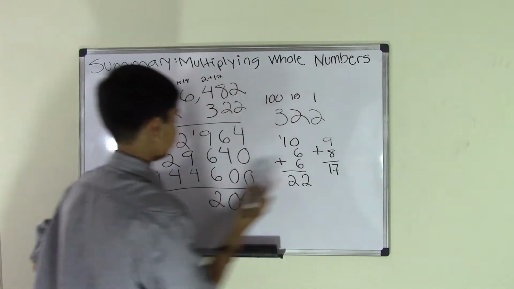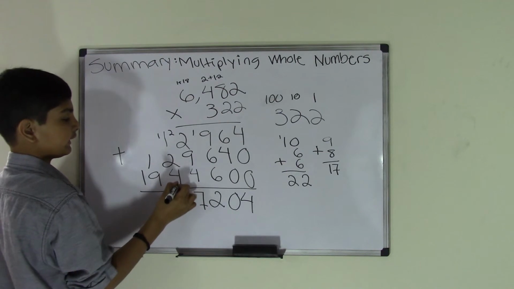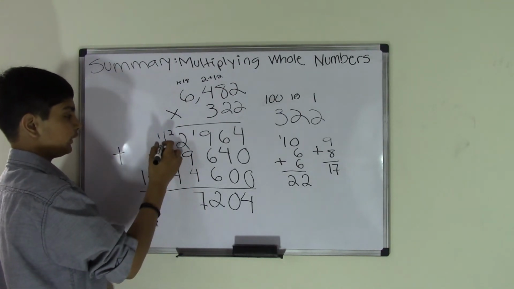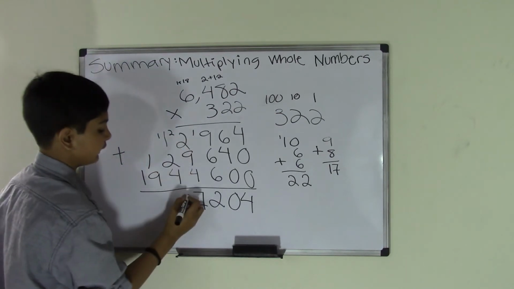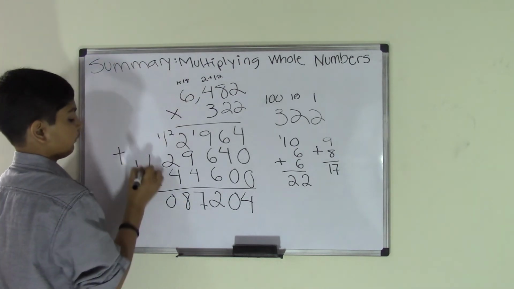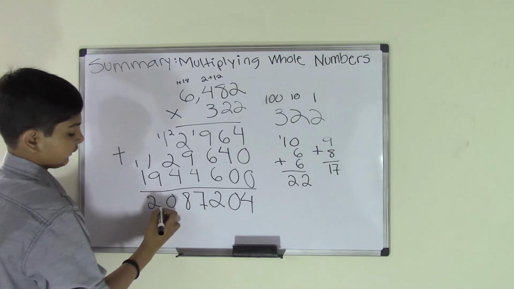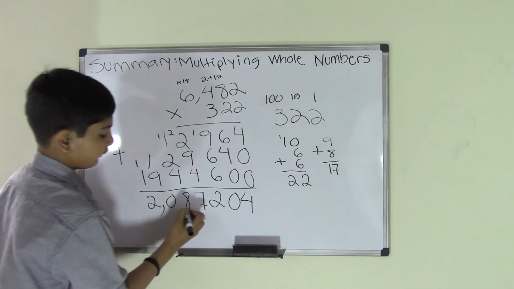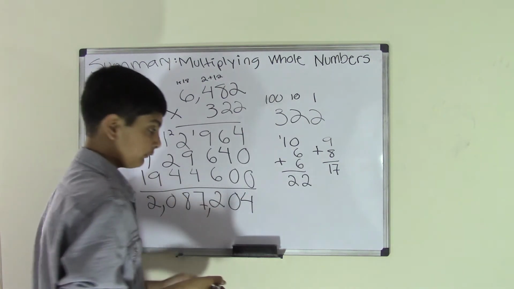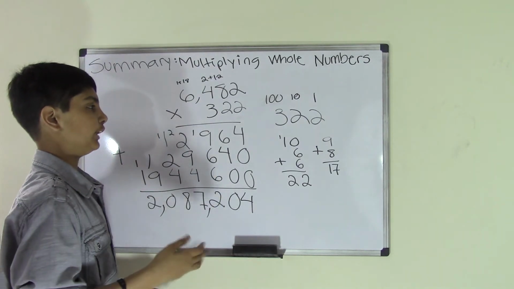is 17. Put that 7 over here, bring that 1 over. 2 plus 4 is 6. 6 plus these two ones, which equal 2, is 8. And 9 plus 1 is 10. Bring that 1 over. 1 plus 1 is 2. And we get our final product of 87,204. This is a fairly big product, but while we were doing our multiplication, it was pretty simple,